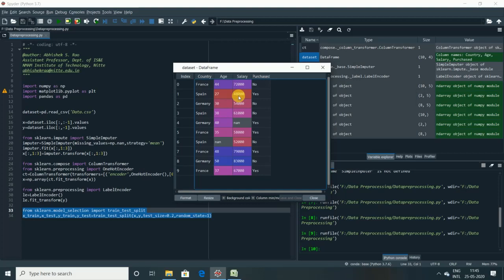There are two feature scaling techniques, namely standardization and normalization. Let me explain what standardization is. The standardization technique consists of subtracting each value of a feature by the mean of all the values of the feature, and then dividing by the standard deviation. This will put the values of the feature between -3 and +3. That's the range of values it is going to put.